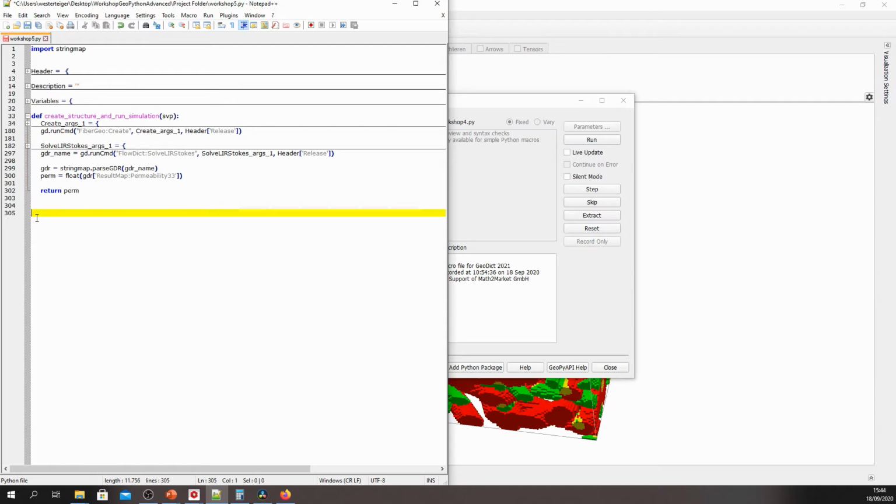Make sure you're at the beginning of the line and then type import matplotlib.pyplot as plt. Matplotlib is a plotting library, and pyplot is a simple interface to that plotting library. And we have just imported that pyplot submodule under the name plt.